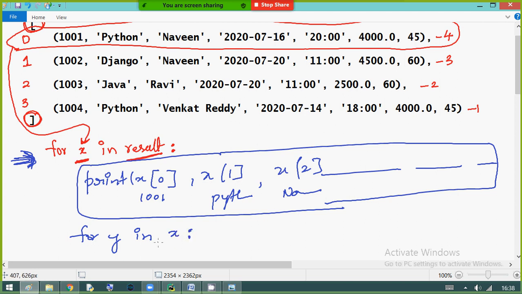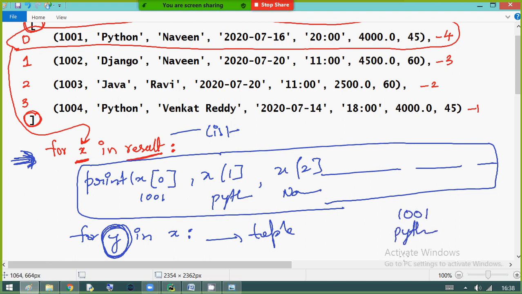When you apply a loop on a tuple, here we are applying a loop on a list, and here we are applying a loop on a tuple. Now individual elements will be assigned to y. First time y value will be 1001. Next Python. Next Naveen. Next date, and so on. So it is up to you how you prepare the logic.